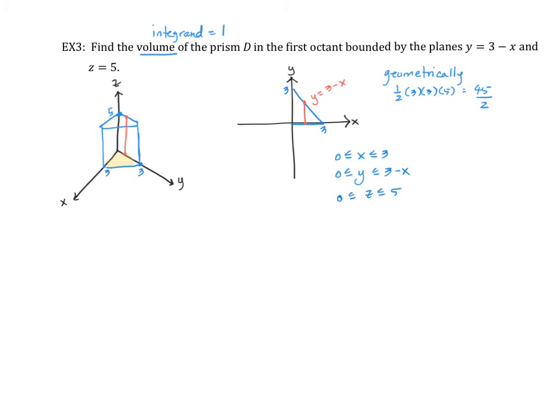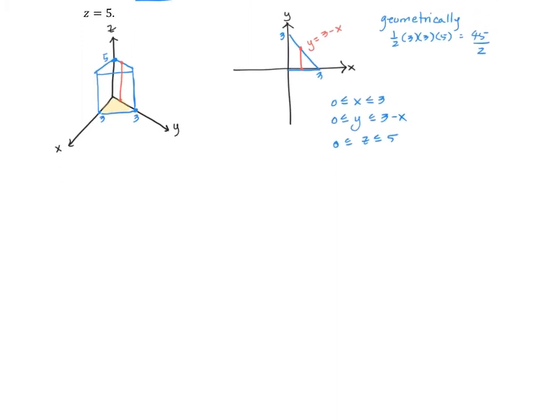In this particular case, both x and z have constant limits of integration. So when I set up my triple integral, I either have to end with z on the outside or x on the outside. However, y is written in terms of x. So no matter the order, as long as I end with constant limits of integration and I evaluate the y